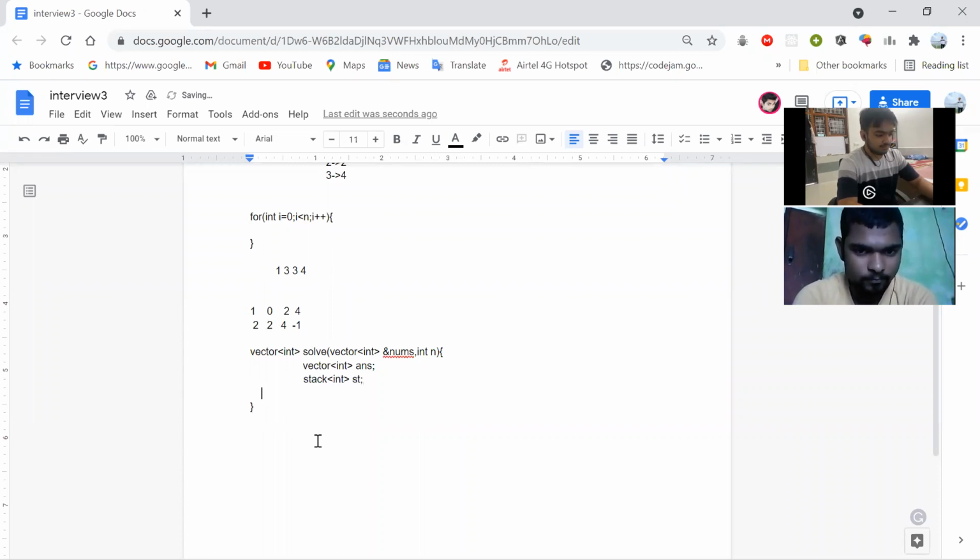While I'm iterating over all the elements, from int i equals n minus 1 to i greater than or equal to 0, i minus minus.